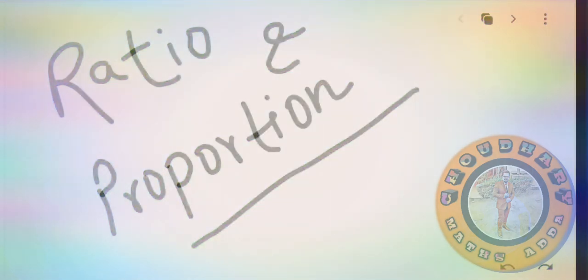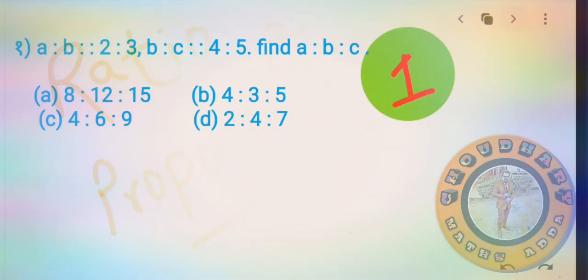तो ये दोस्तों रेशियो एंड प्रोपोर्शन का चैप्टर स्टार्ट करते हैं और आपके सामने ये पहला सवाल ये रहा। A is to B proportional 2 is to 3 and B is to C proportional 4 is to 5. Then we have to find A is to B is to C, right? So just take your time and solve it on your own. एंड उसके बाद मैं बताऊंगा आपको कि कैसे सॉल्व करना है, इसका बेस्ट मेथड क्या है, इसका बेसिक क्या है, मैं सब कुछ बताऊंगा।